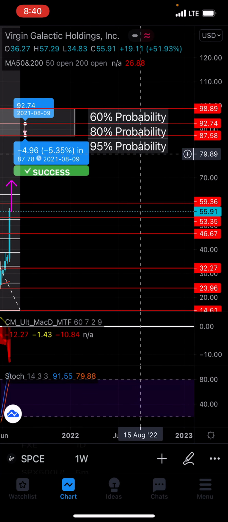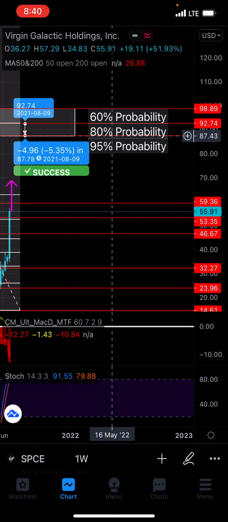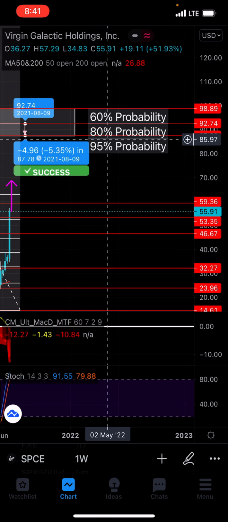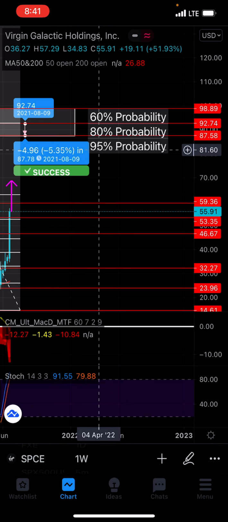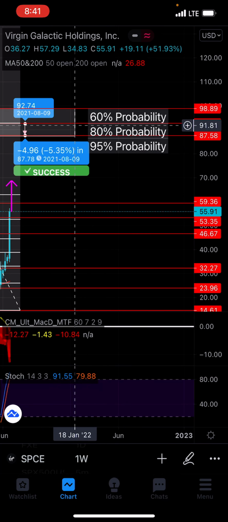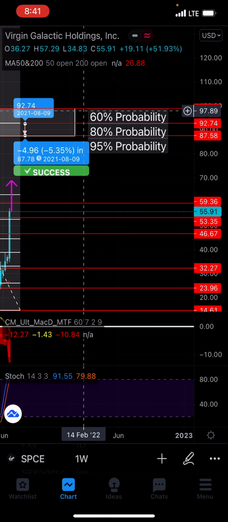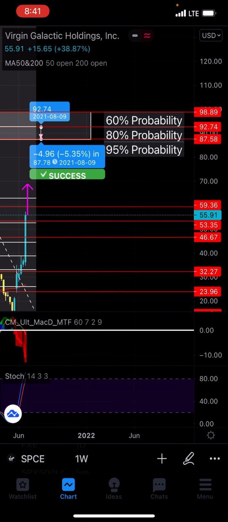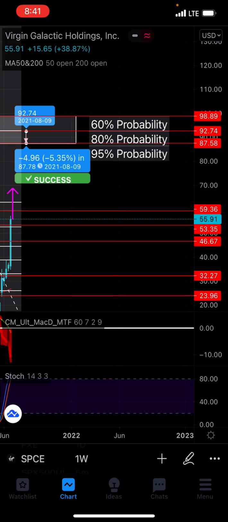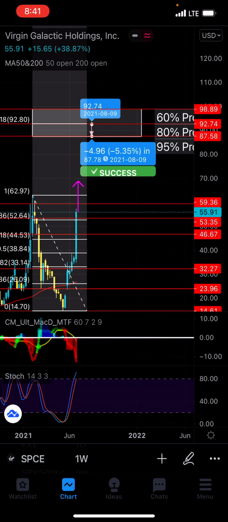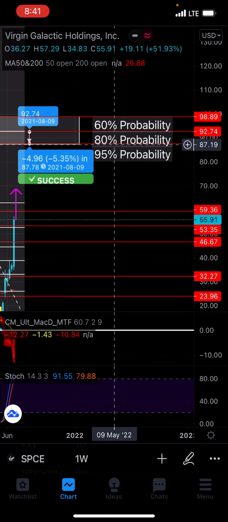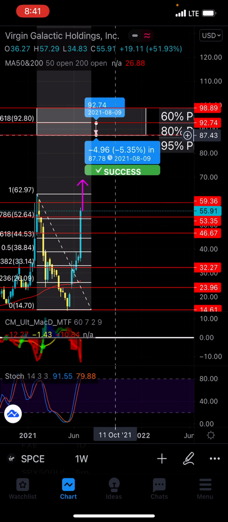And the probabilities of each one hitting. Generally, I like to think that first 5% down level, just from trading experience, right? I do think that first 5% down has like a 95% probability of hitting. That next fib level is 80%, and the higher you go, it definitely gets a lot steeper in probability, right? So the highest one, like 5% after the fib level, would be another like 60% probability of hitting, which is why I take most of my profit at that very first price down 5%.